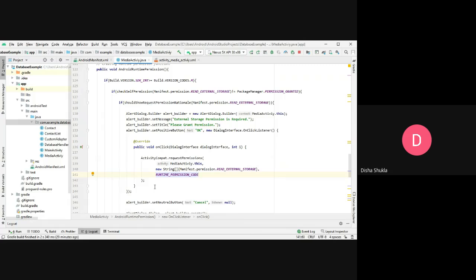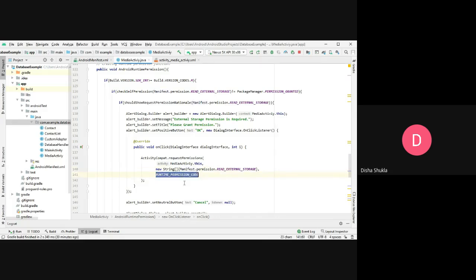But I told you that when you want to go from one activity to another and get some data from the second activity and return to the first activity, you can use the method start activity for result. In that method also, we used to pass a particular request code, and using that request code we used to check whether we are coming back to the first activity after visiting the second activity or not. So that is a similar purpose over here.